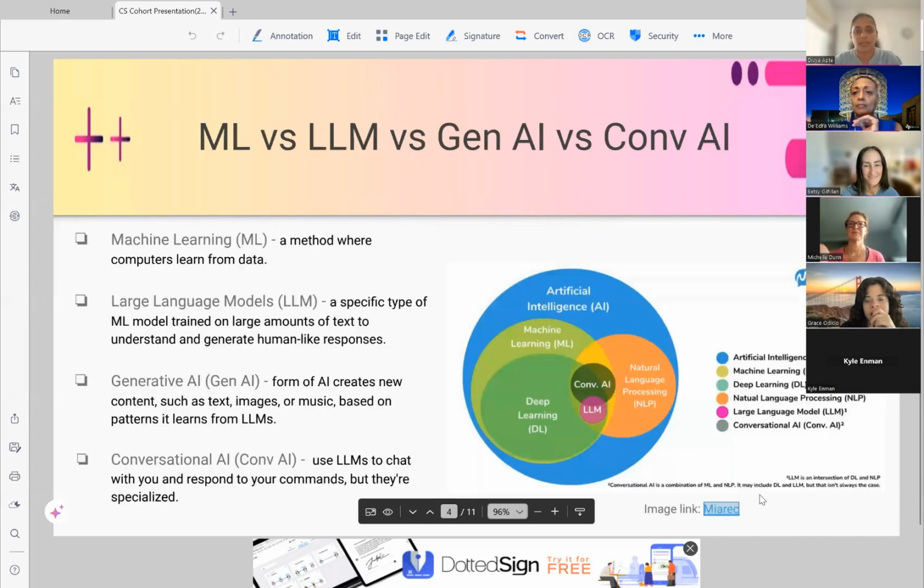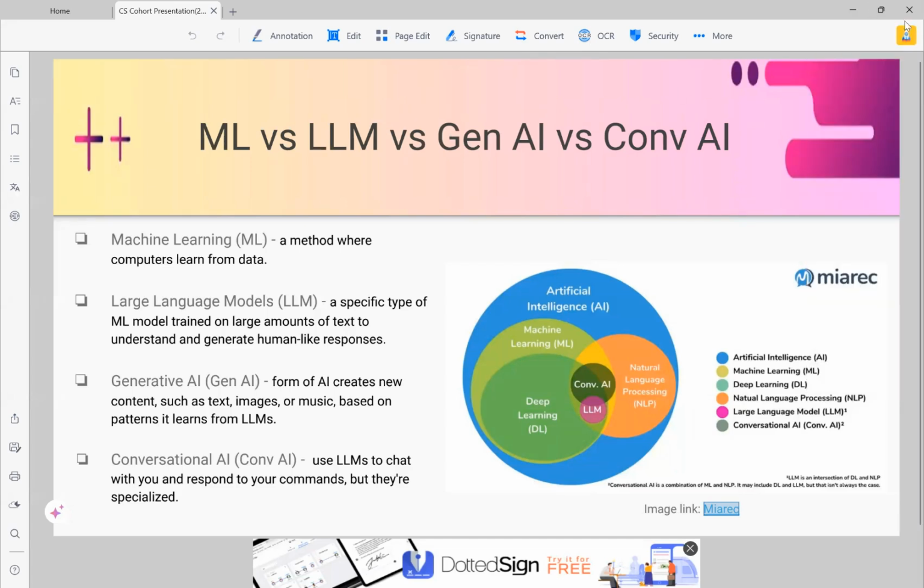So just very quickly, I wanted to talk about what is machine learning, all these buzzwords that you keep hearing. I found this really cool graphic on, I can't pronounce it, but I think it's Murek's website. It shows what each of these subfields are and how they all fit together inside artificial intelligence. So machine learning is the backbone of a number of the AI systems, including conversational AI. And even though you don't see generative AI here, it's basically around where you see the conversational AI bubble. That's where generative AI would sit as well.